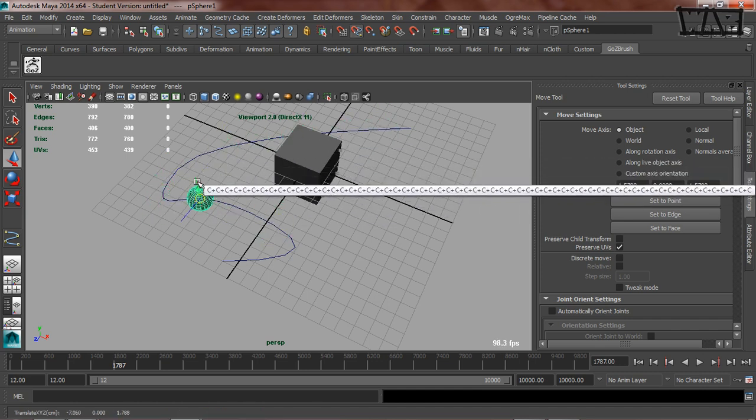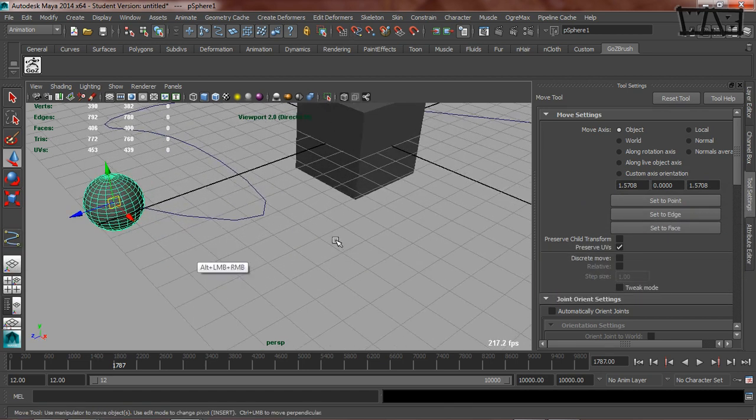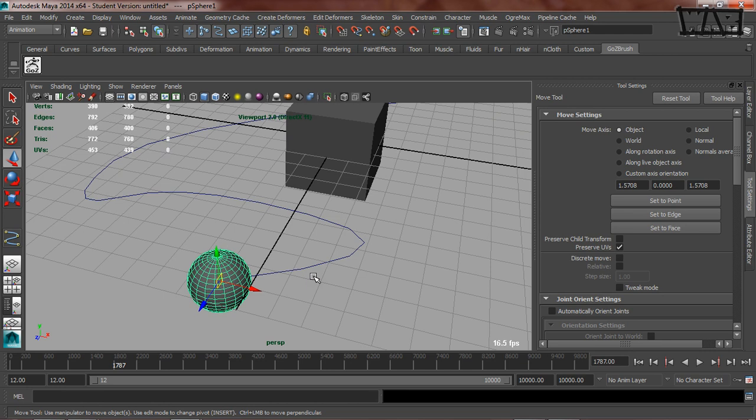And then it's going to stay on that curve. Okay, now it will only do that in the axes you have selected if you have one selected. If you don't, then it's going to do it in all axes. Okay, you'll have to experiment with that to really understand it. Okay, now